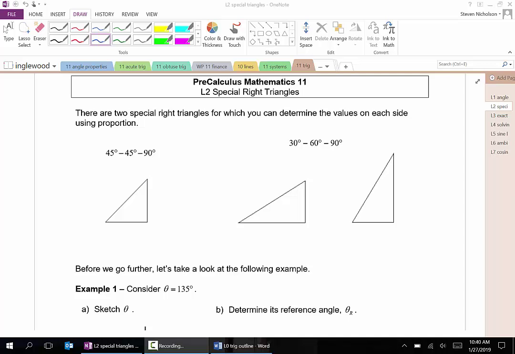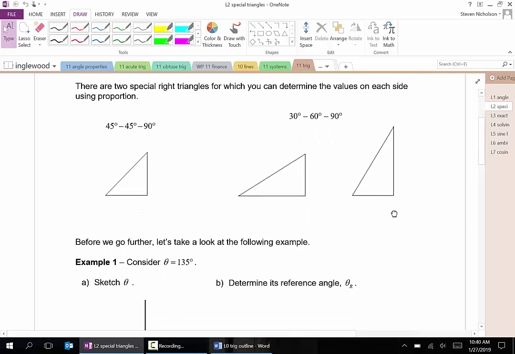Lesson 2 in the trigonometry unit is on special right triangles, which you may have seen in grade 10, but we're going to review them quickly. Last lesson, I said that one of the nice things about trigonometry is you have to use a calculator. And for every right triangle, other than the two we're going to look at, you actually do. But these two right triangles are really nice in that the answers to trig problems, we can generate an